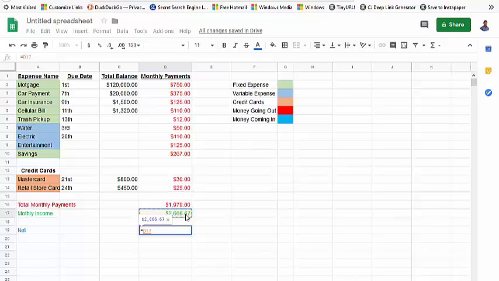Click the monthly income first. Then you'll want to hit your minus key. Then select your monthly payments and hit enter. And there's your net. Like I said, it's the exact same as using a local install Excel, except it's online,